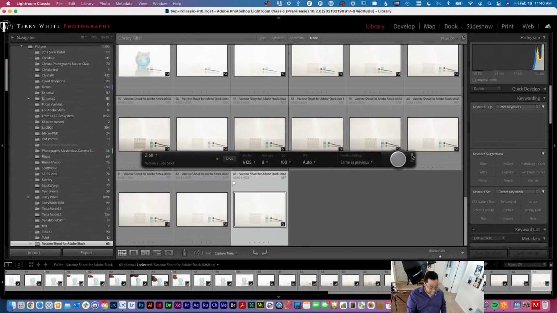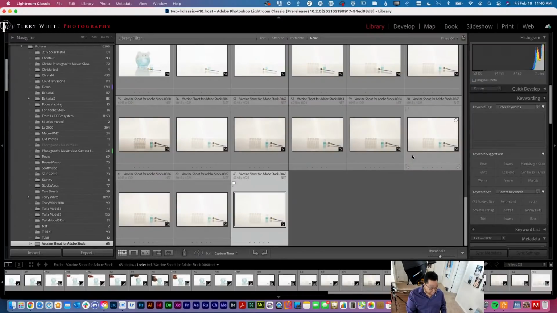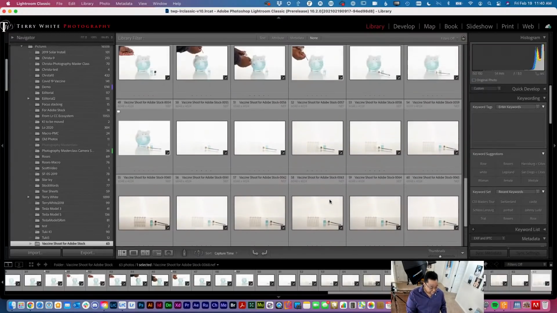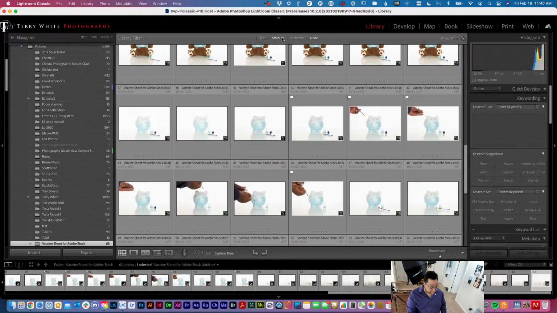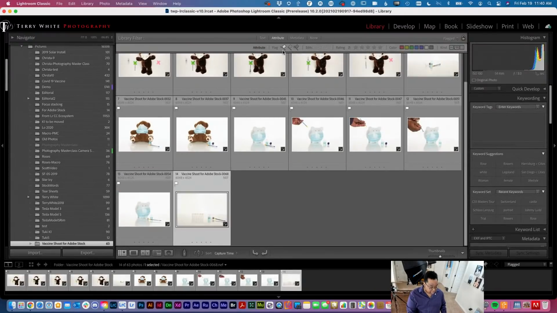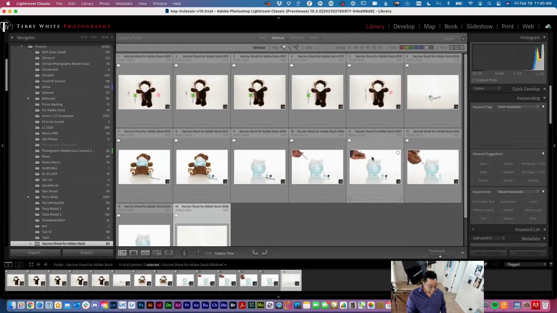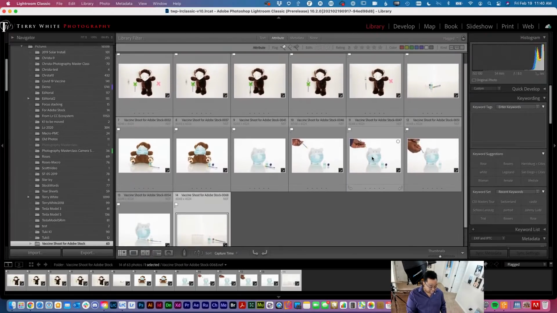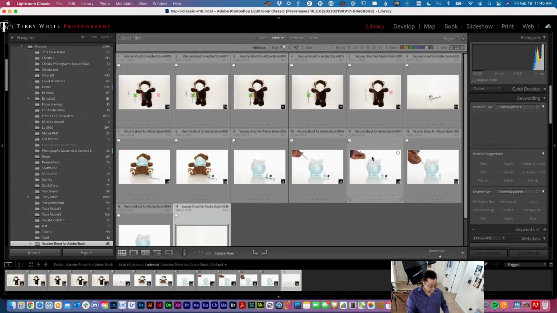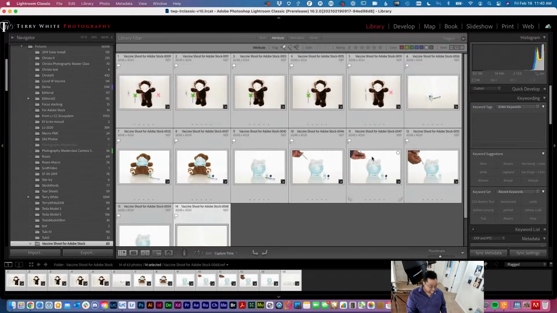Now we can get out of the tethering once again, and then we can go into attributes, picks, because, oh, I turned off picks. Picks, because that's what we want. And they're all different, so there are no two that are exactly the same. We'll select all of those. And I would recommend you putting them in